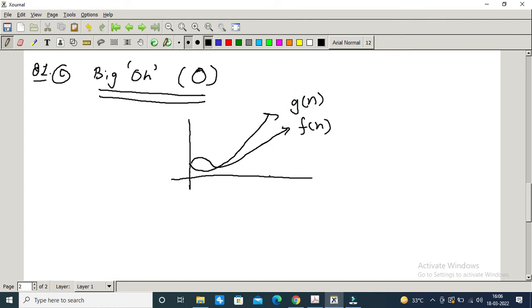So if we have these two functions, and this x-axis represents